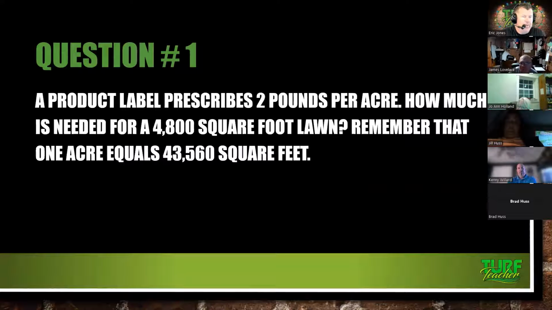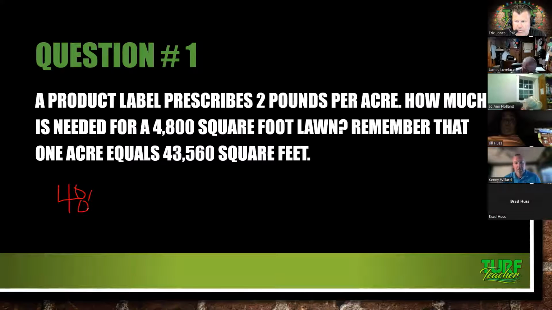So question 1: a product label prescribes 2 pounds per acre. How much is needed for a 4,800 square foot lawn? Remember that 1 acre, again, is 43,560. And the easiest way, you're really just going to divide it. You're going to divide your 4,800